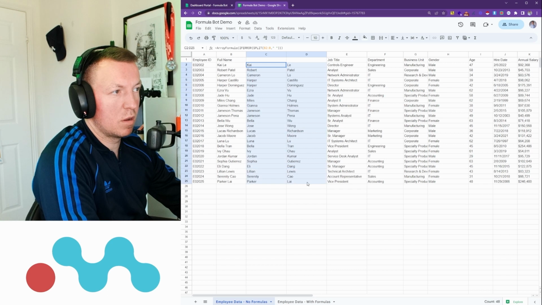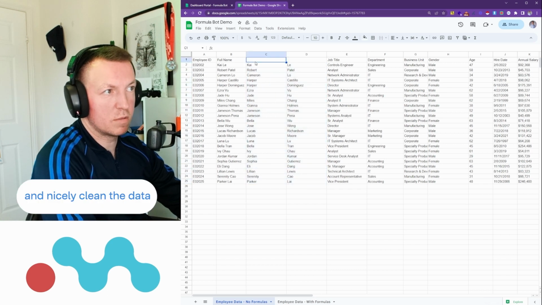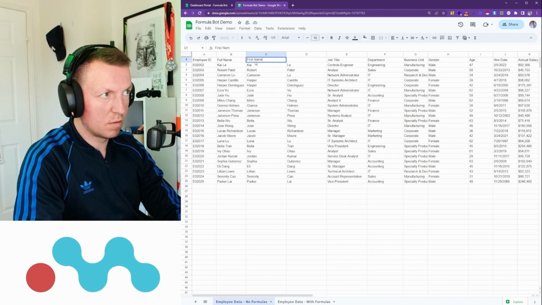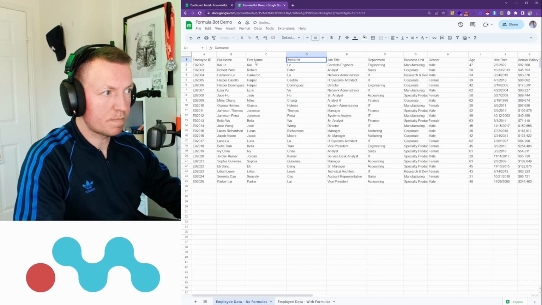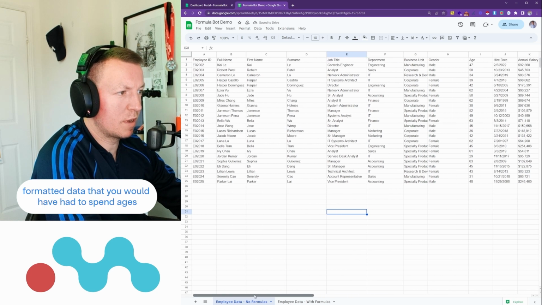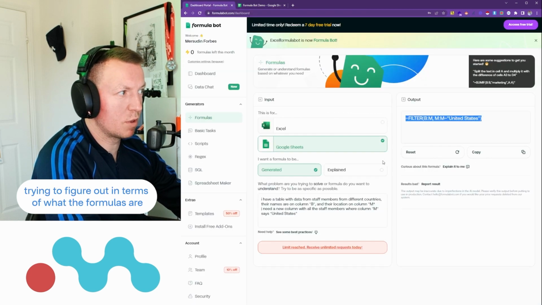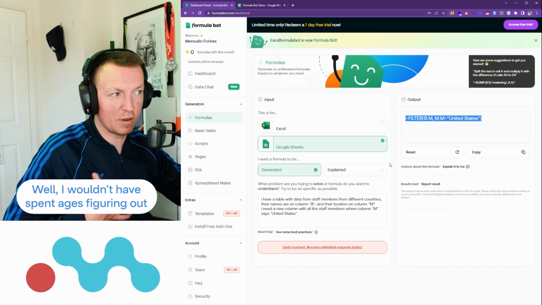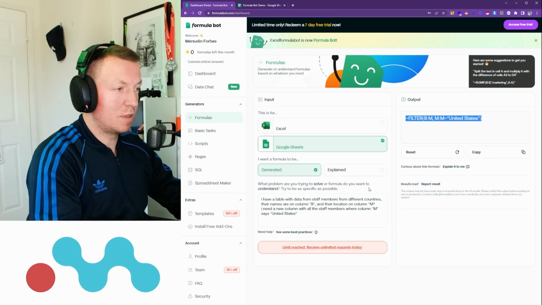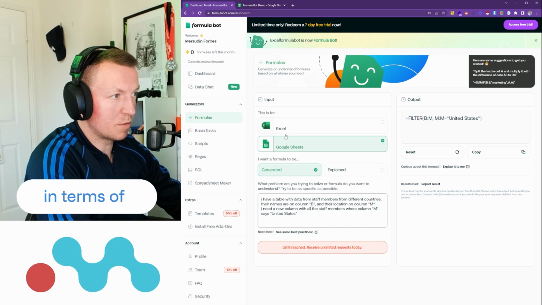and nicely cleaned the data. And obviously above here, you could then add first name and surname, and you've got nicely formatted data that you would have had to spend ages trying to figure out in terms of what the formulas are. Well, I wouldn't have spent ages figuring out because I use Excel all the time. But if you don't, this is a really useful tool in terms of querying what you want it to do,